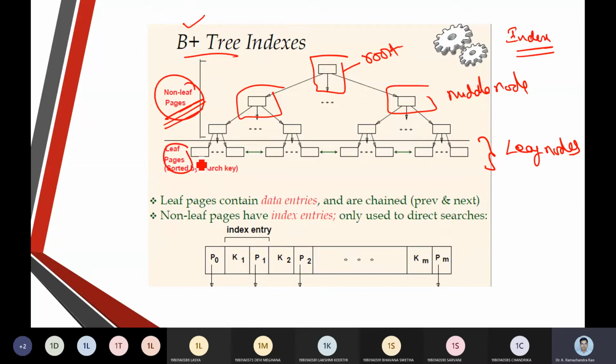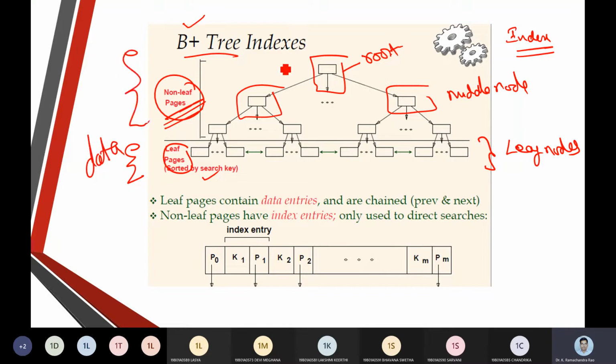So how are these leaf nodes made? They are going to be sorted by a search key. So how do we describe a leaf node, and how do we describe a non-leaf node? When we say it is a leaf node, we call them data pages.